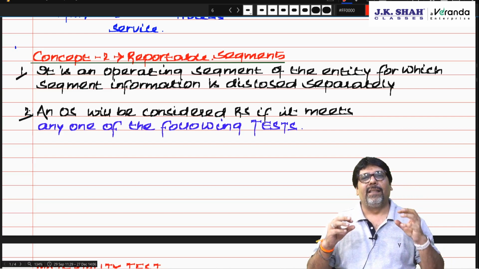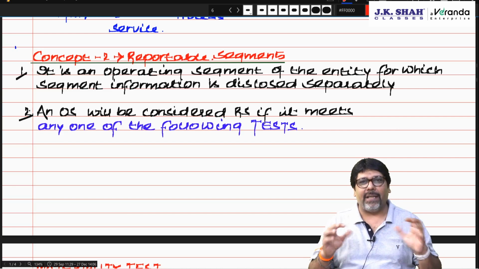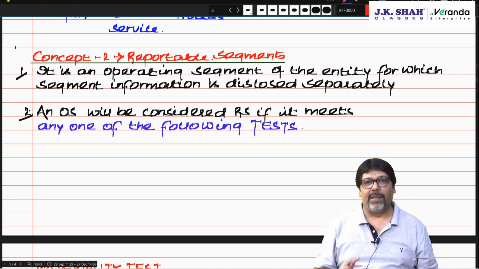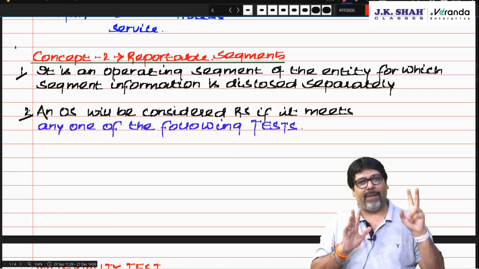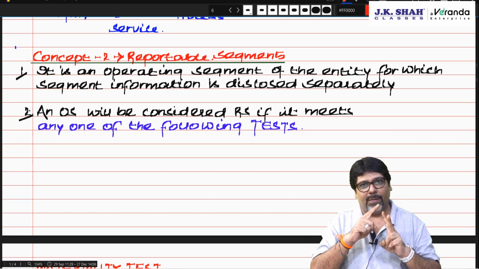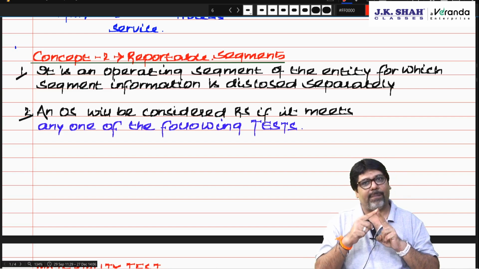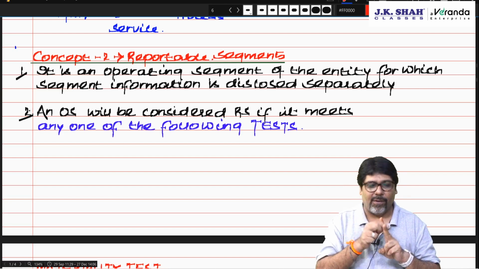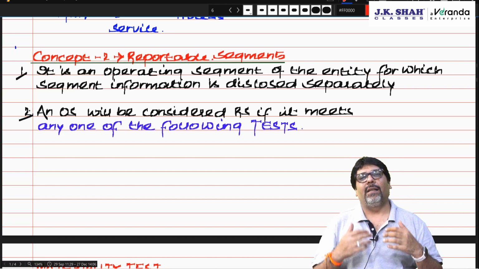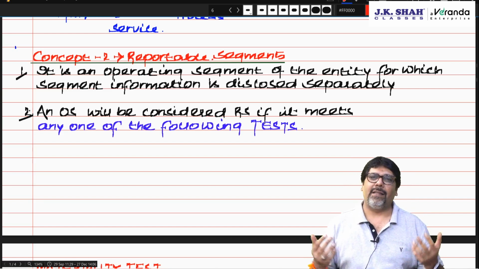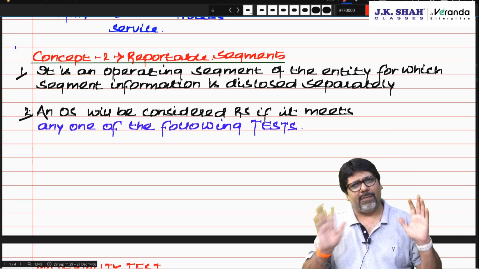That means selling price, cost price, GP margin is almost same. Nature of the product is almost same. So I gave an example of body soap and shampoo. Body soap in the liquid form. So both the cost of production and both the selling price and both the GP margin was almost same.